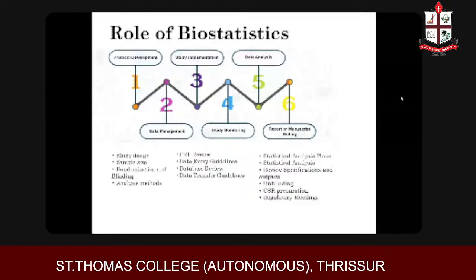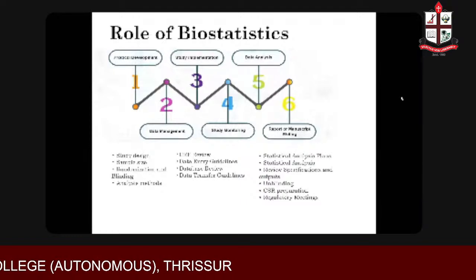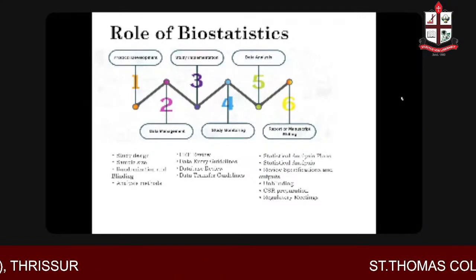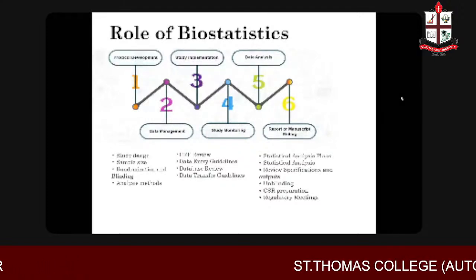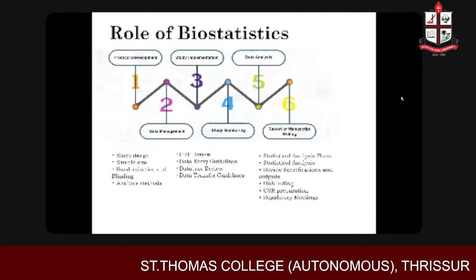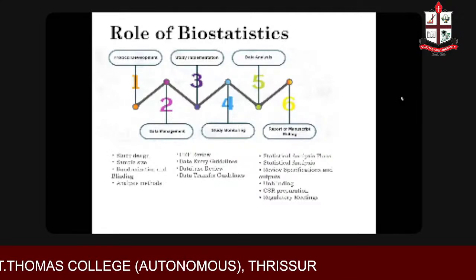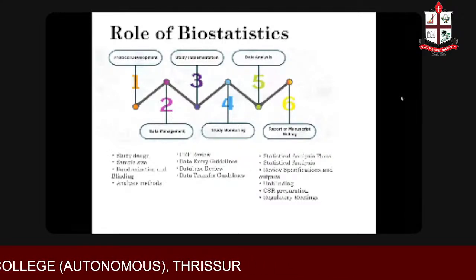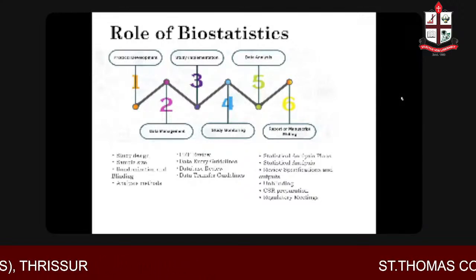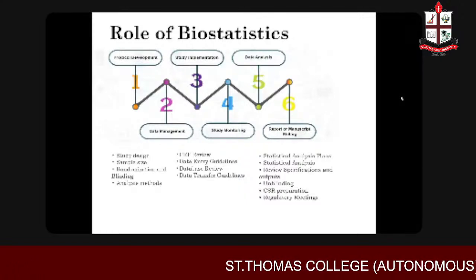So if something is deviated, for example, a particular drug should not be taken during the trial, and if that is taken, that is a deviation from the protocol. Or if a particular assessment is not done, then it is a protocol deviation. So all these protocol deviations will be collected and reviewed by us, whether it should be a major protocol deviation or minor protocol deviation. So we will be part of that